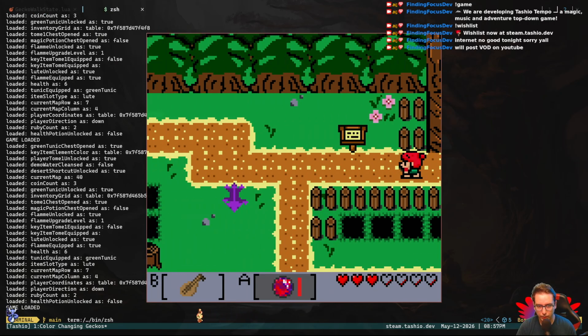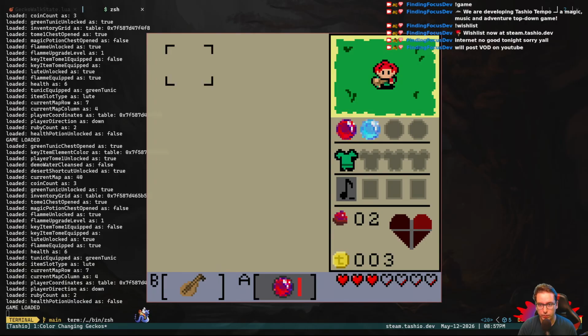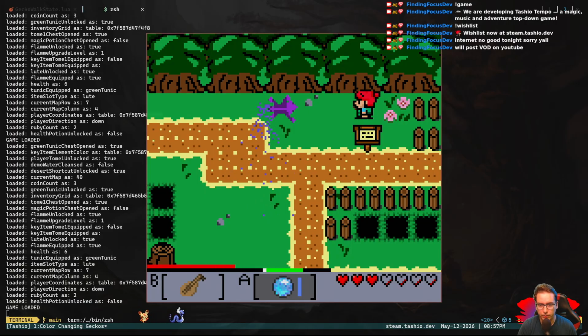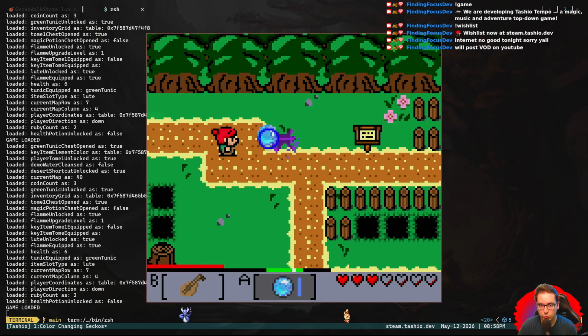We're working on our color changing geckos here. So this is an example of a purple gecko where he's corrupted. It starts off corrupted here, but then if we hit him with our water spell, he'll need to do a damage flash, which is red, and then a blue flash, which is he's splashed, which is why he's walking slower. So if we could change the particles based on this little state,